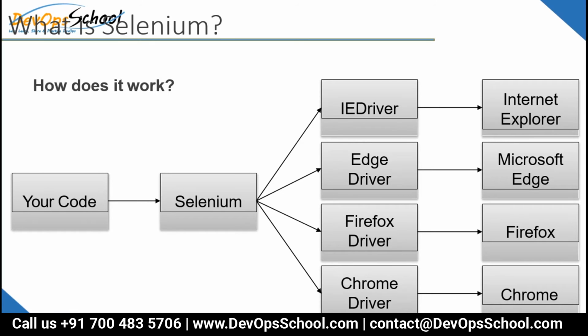So you have to write code in Selenium and then run it with the help of Selenium. Selenium will send that code to the driver. The driver will use those different browsers and get you the results, whether it's a pass or fail. How does it work? It's very simple. So the code is important, the one which you have here. So this is the stuff.